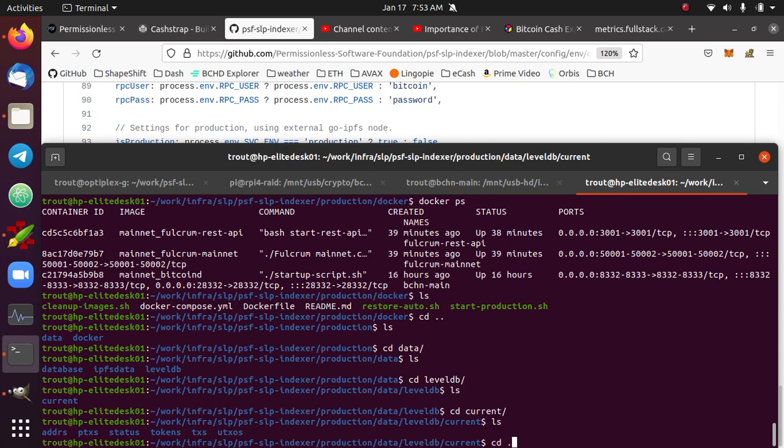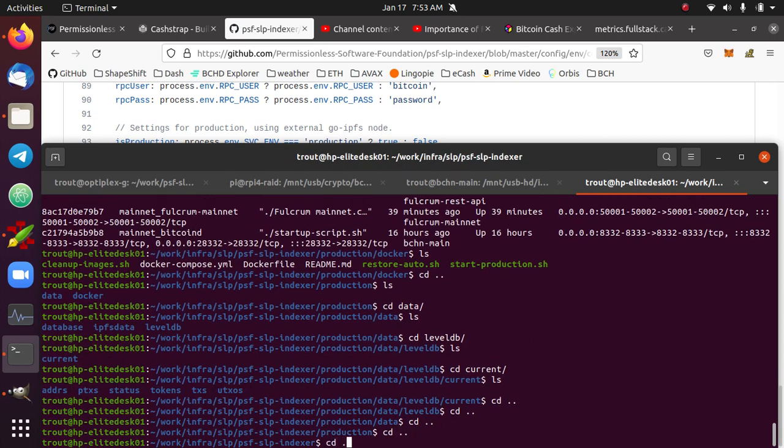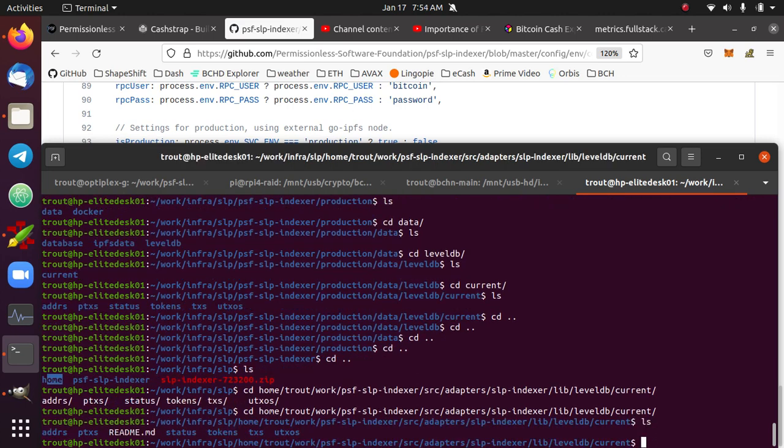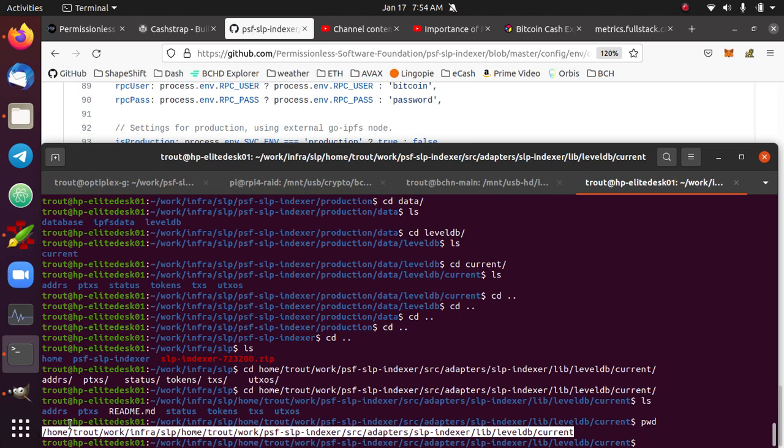So what I'm going to do is go back up to where I have this pre-sync database unpacked, and if I just follow the directory structure, it'll take me to a current directory with this snapshot of this previously synced database. So I'm going to print this current working directory and copy that,